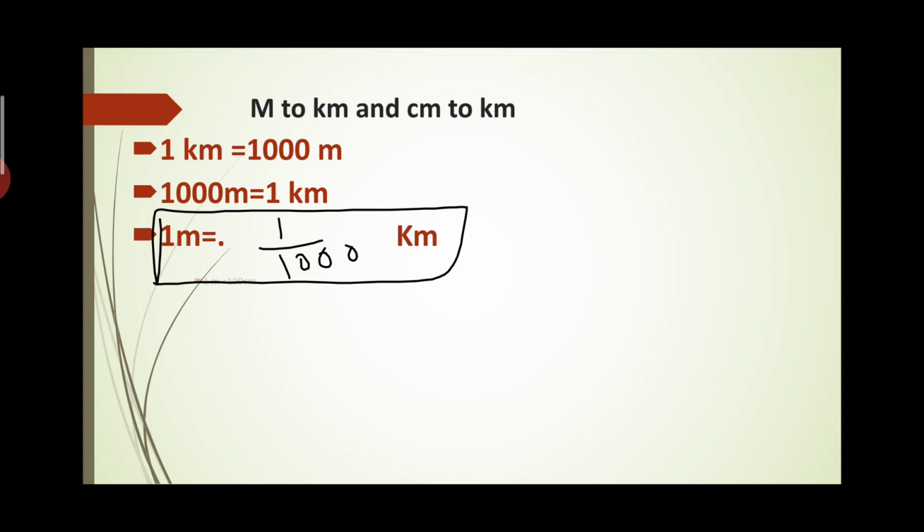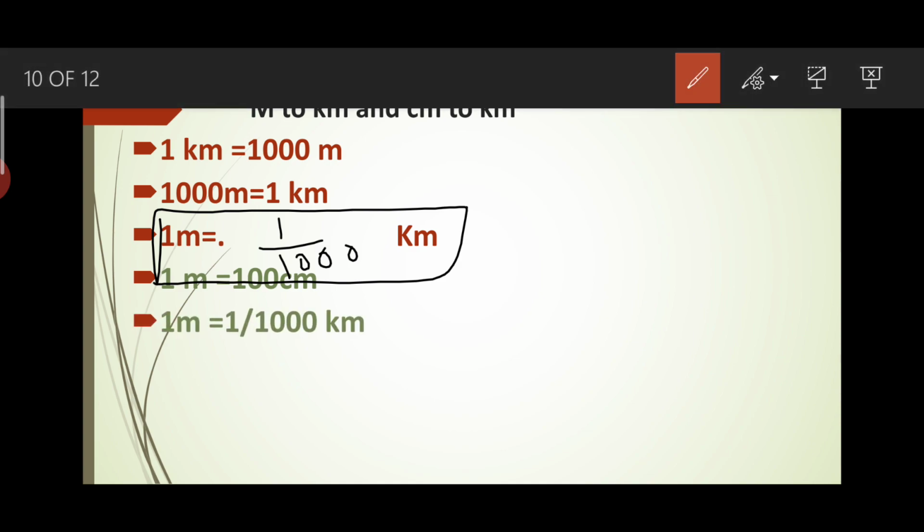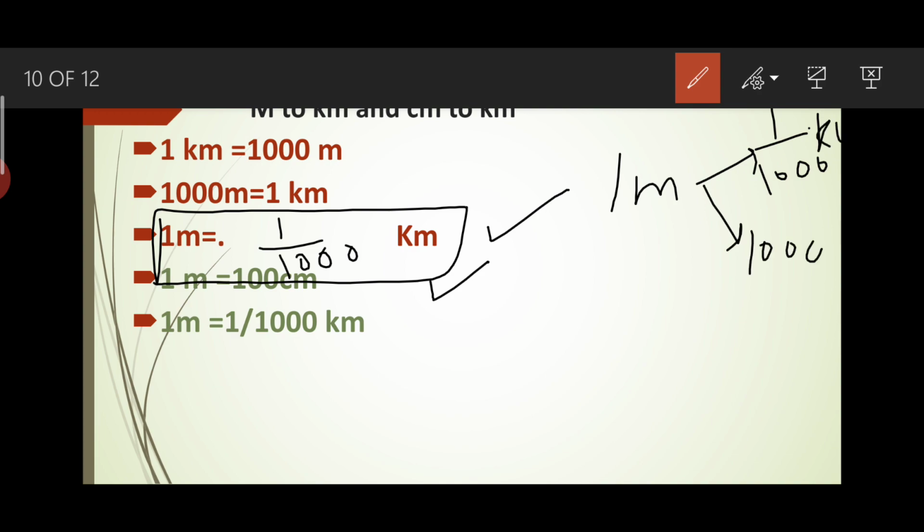Okay, now moving on, this is the second conversion, that is centimeter to kilometer. That is 1 meter is equal to 100 centimeter. 1 मीटर में 100 सेंटीमीटर होते हैं. And from here what we have come out, 1 मीटर में 1 upon 1000 किलोमीटर होते हैं और 1 ही मीटर में 100 सेंटीमीटर होते हैं. इसका मतलब 1 मीटर की ये दोनों वैल्यूज़ हैं. सो ये दोनों वैल्यूज़ आपस में इक्वल होंगी.